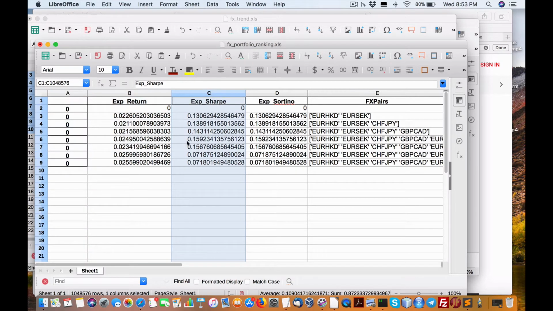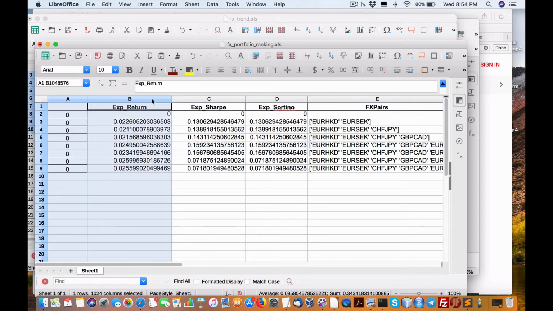If you are trading other people's money as overall for industry uses, you probably want to focus on the Sharpe ratio. But here, if you're trading for yourself and using these, you definitely want to look for the one that will give you the higher expected return. So in this case, this one right here will give us the maximum return, or better yet, if you want me to sort it,